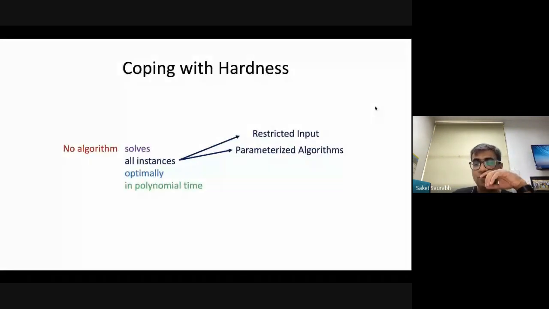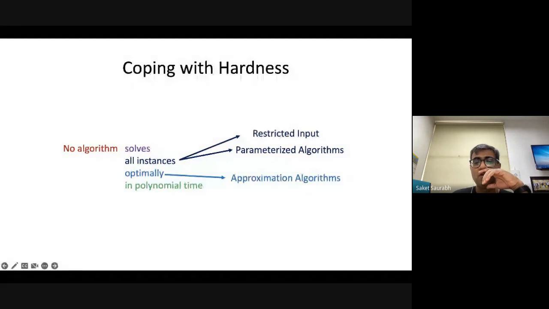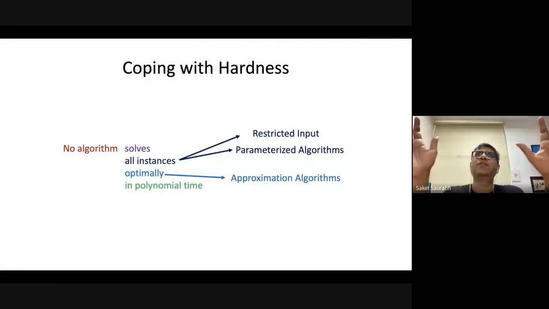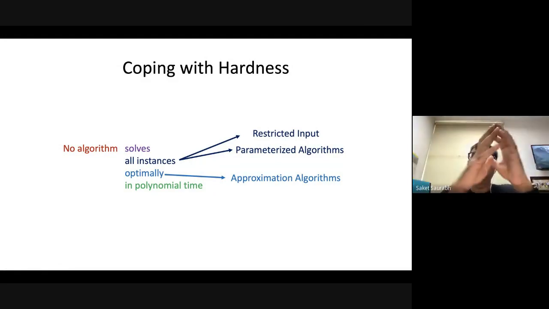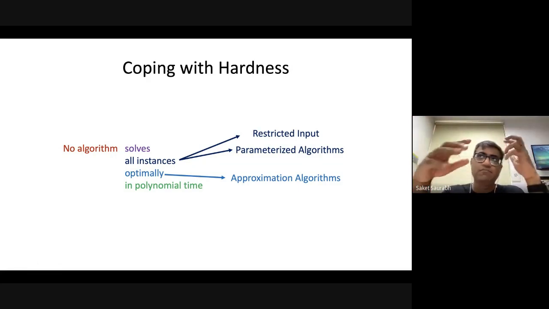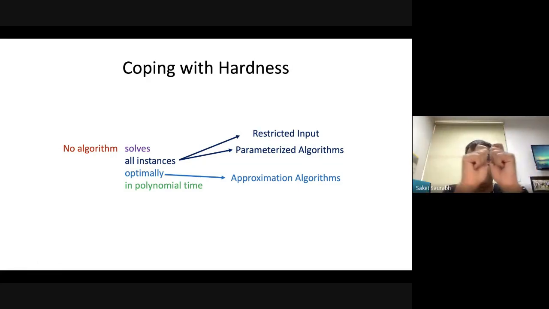Or what you can do is that you can forego optimality. So, okay, I'm happy, for example, for a covering problem, that it's okay if you don't give me a K-size object that can cover, but even a 10K-size object is fine. So we forego optimality and we say a slight approximation is okay. Okay. So if we restrict ourselves to polynomial time, but we forego optimality, that leads to the world of approximation algorithms.